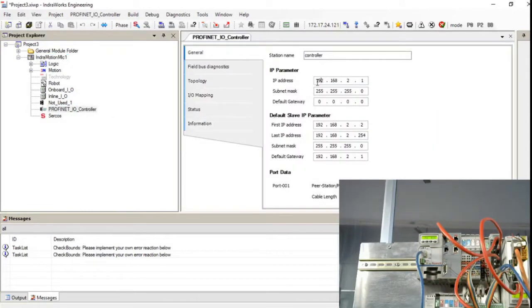We'll right click here, and already we saw this one is 172.17.24.143. The default gateway is 172.17.24.1. Similarly the slave is 172.17.24.144. The last address is 172.17.24.255. The default is 172.17.24.1.